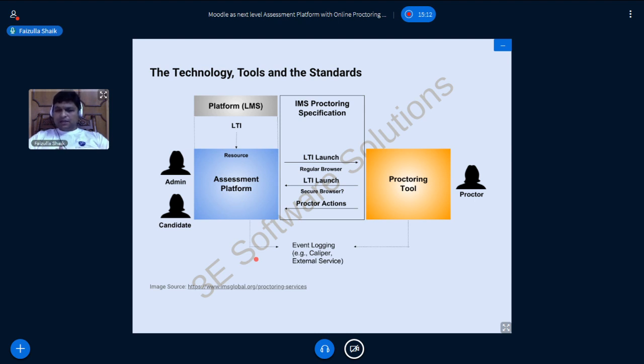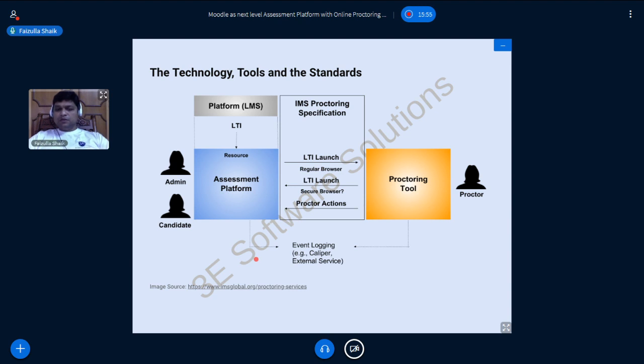If your proctoring tool already supports the LTI standard, you need to see whether it comes with a plugin to be integrated with Moodle. Otherwise, you have to think of ways to integrate it with Moodle and write your own plugin. If it is an in-house proctoring tool that you are developing, you have to follow a similar practice. Basically, using this LTI standard, you can bring in the best of both worlds.